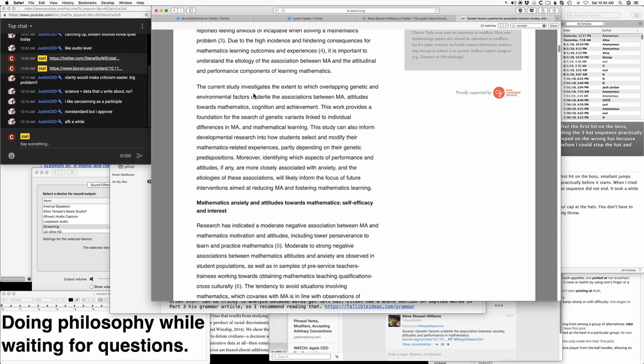All right. This study investigates the extent to which, so they say, underlie the associations, which I guess means correlate. There's this overlapping thing again, which they're not clear on exactly what they mean by it. So hopefully they'll have more details on the overlapping later. And then it provides a foundation for the search for genetic variants linked, so that means correlated, individual difference. And when they say differences,